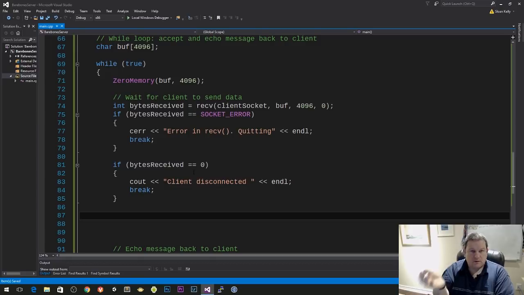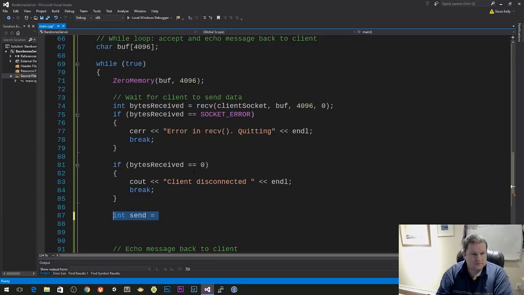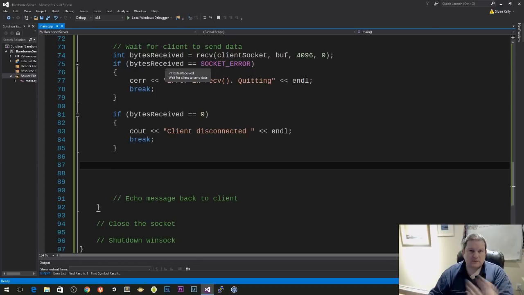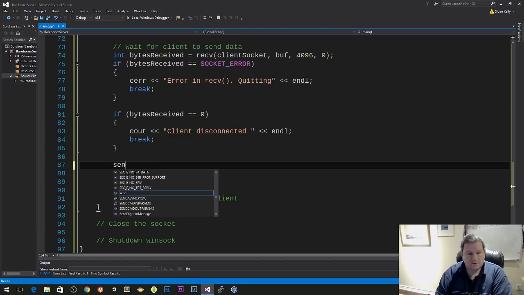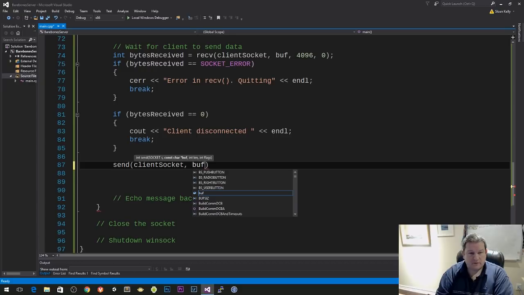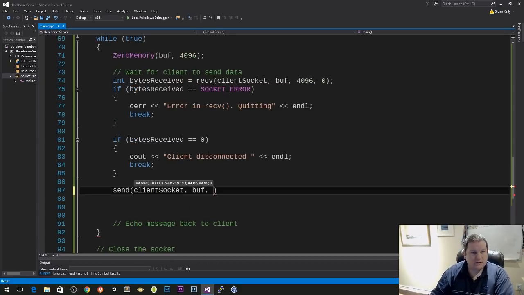Otherwise, what we want to do is send that information back, and the way we do that is we are going to do int send equals send. You can check the errors here. It's exactly the same as this, but send will tell you the number of bytes it's sent. So I'm just going to do send, and then we specify the socket. So we're sending this back out the socket. So this is client socket, and then the message is our buffer. Our length is actually bytes received